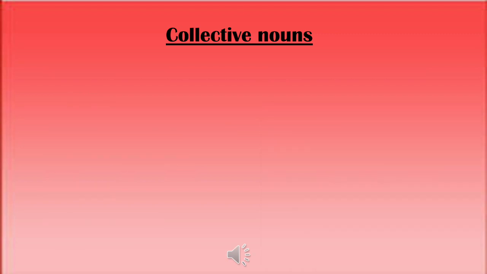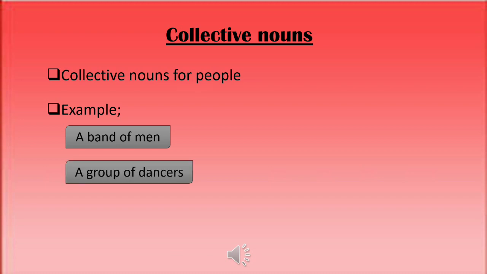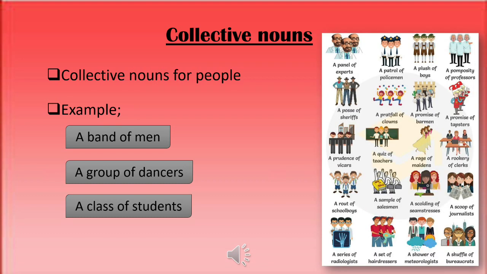So now I'm going to introduce you to some collective nouns for people. For example, a band of men, a group of dancers, a class of students. These are some examples of collective nouns for people. And from the pictures also you can see lots of collective nouns that can be used for people. For example, a patrol of policemen, a panel of experts,